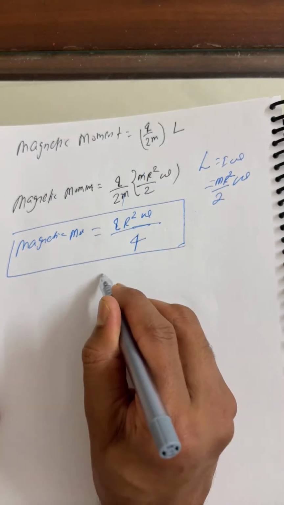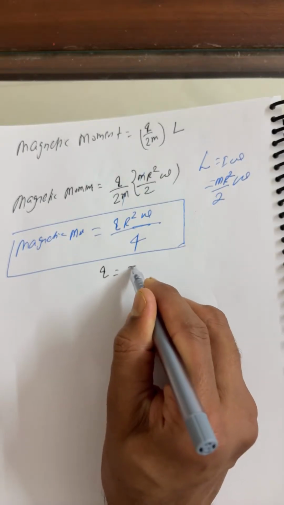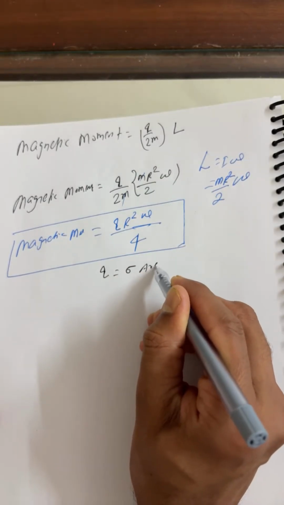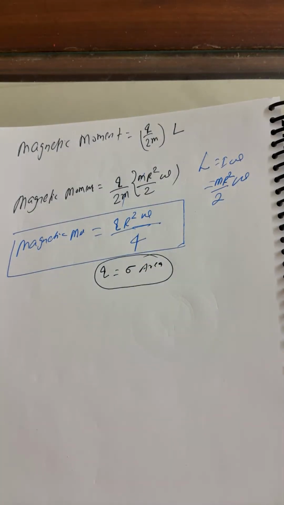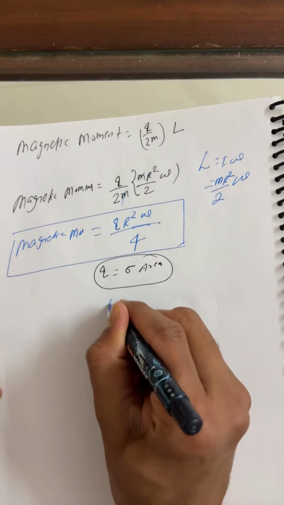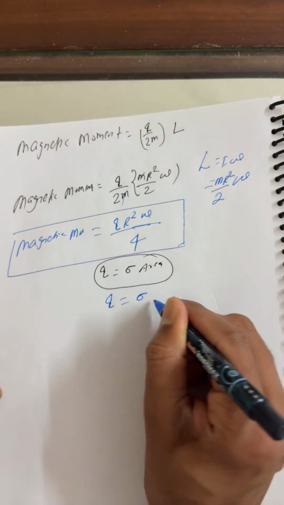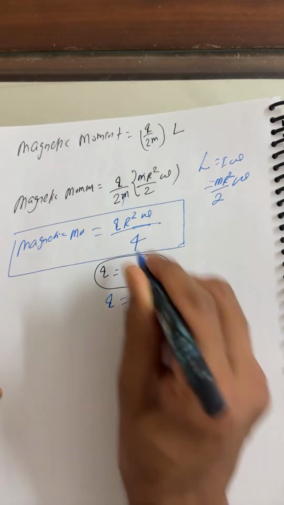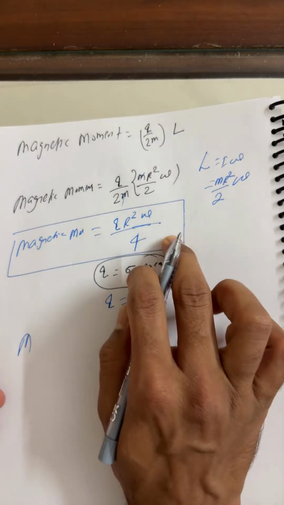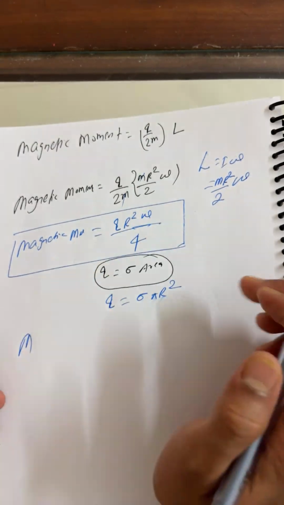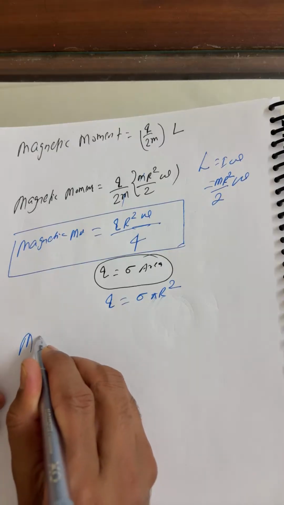So beta, this q you can also write here. This is sigma into area. Q beta, what you can write? This is sigma into area, right? So what is the area, beta? What's the area for a disk here? So you can see this is sigma into pi r square. So maybe it depends on the option, student. This is also correct. q r square omega by 4, or you can also write, student,